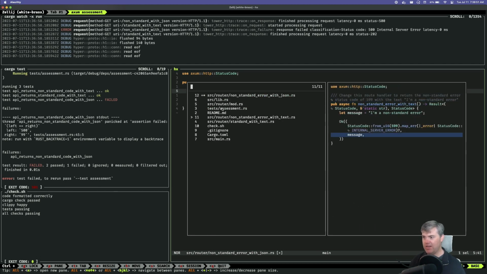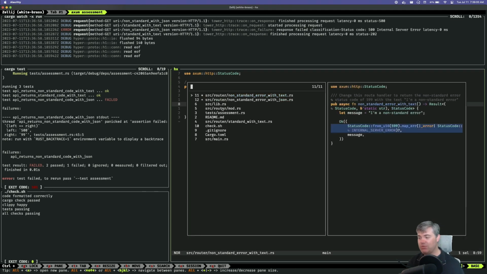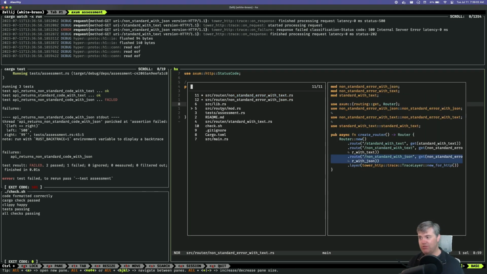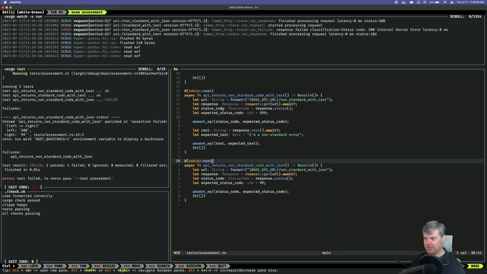So non-standard error with text. Yeah, I did from u16 5. Oh, it needs to be above 100. It needs to be above 100. That's what it is. So I need to do like another 500. So hold on, let's do that. Let's change our test. We did 599 last time.